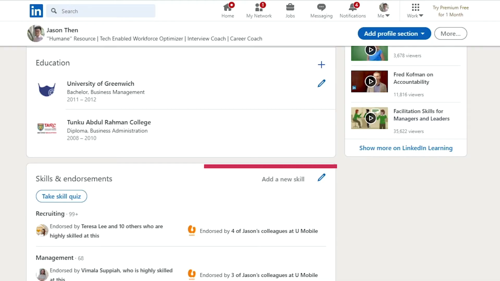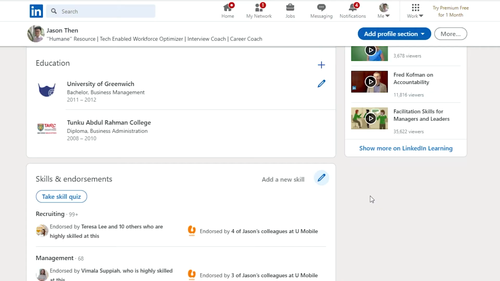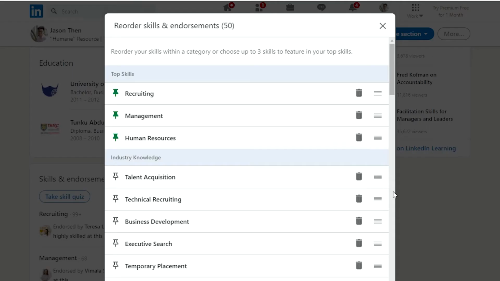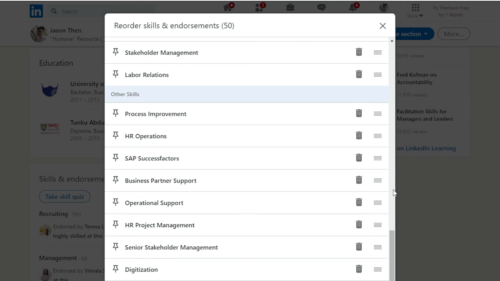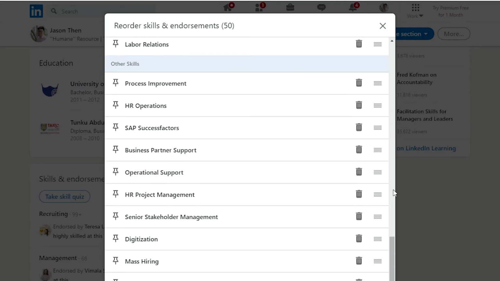The next is skills, which is very important. Try to put as many as possible, because when a LinkedIn recruiter posts a job, they are actually allowed to put 10 tags of skill keywords to rank against you. Once they put in all their tags, the LinkedIn algorithm will search in the backend who ranks as the most matches to the tags that they put in.